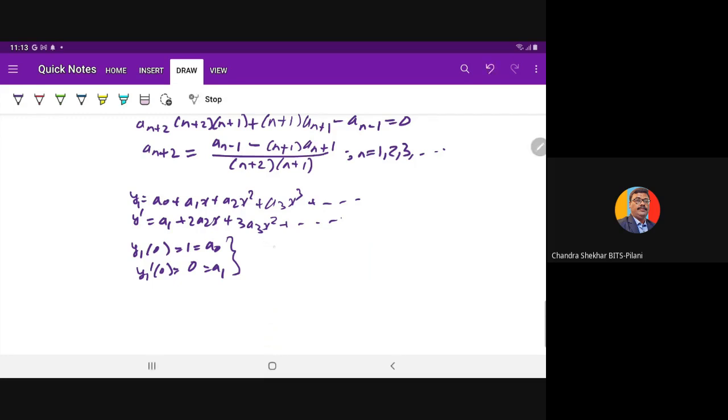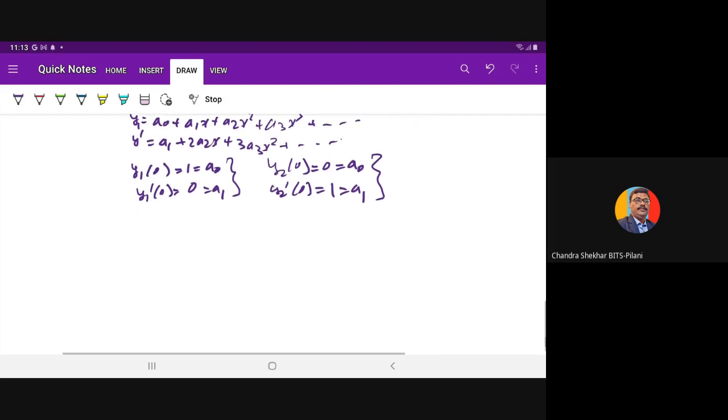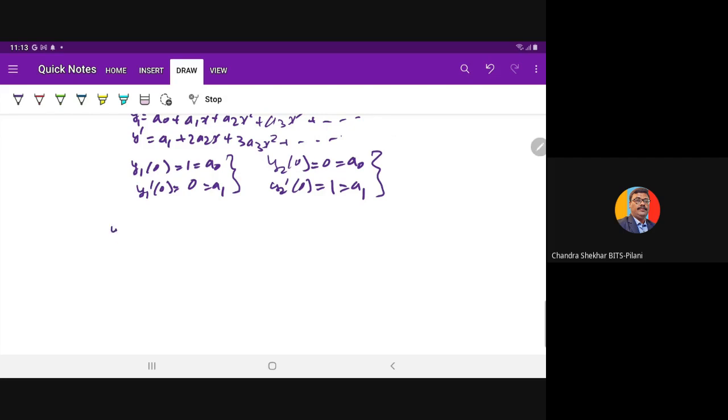Then for the second series, it is given to you y2 at 0 is 0, so here we have a naught equal to 0, and y2 dash at 0 is given to you as 1, so it is equal to 1. Means for the second series, a naught is equal to 0 and a1 is equal to 1. Clear? Now we have the solution y is equal to summation a_n x to power n,